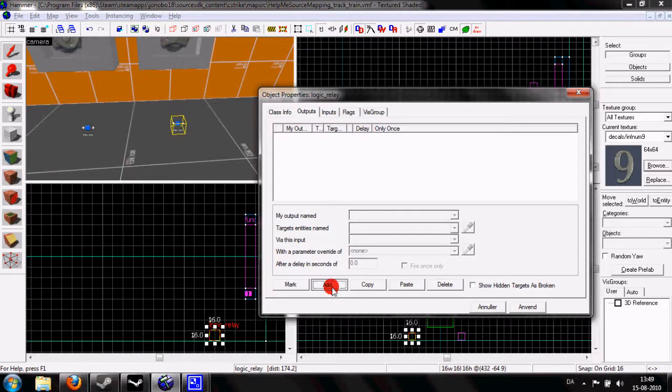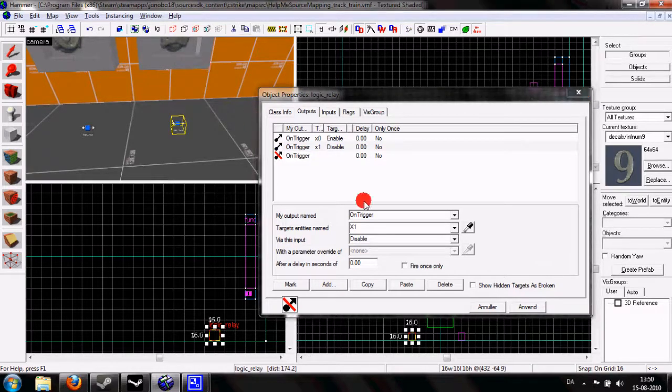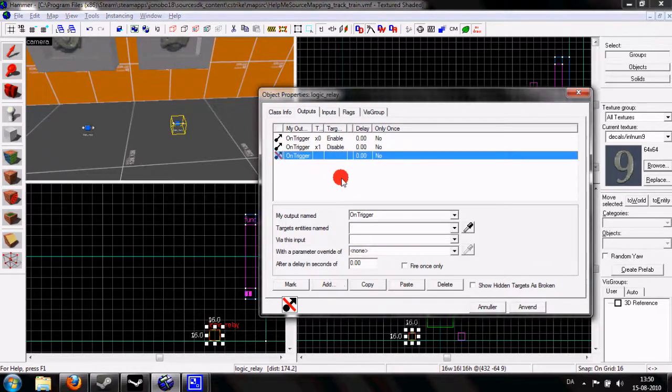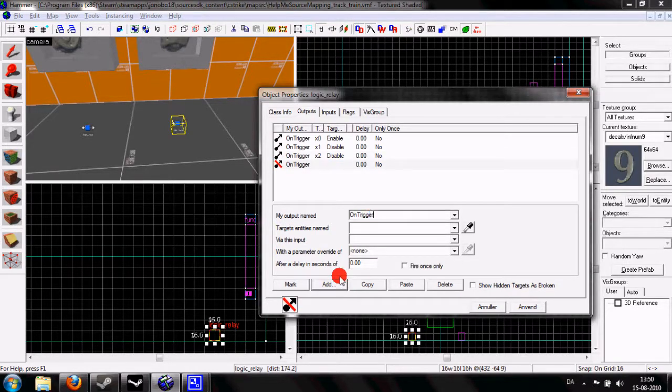Add on trigger X0 enable, on trigger X1 disable, oops, X1 needs to be disabled. On trigger X2 disable, on trigger X3